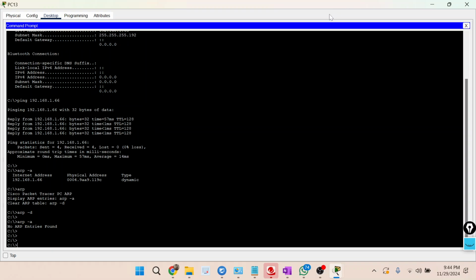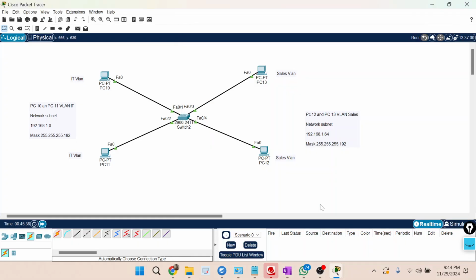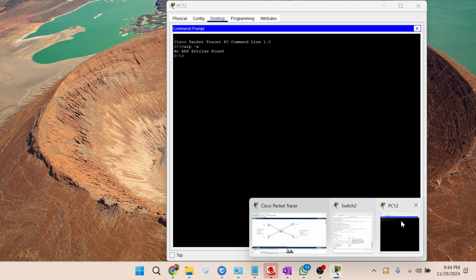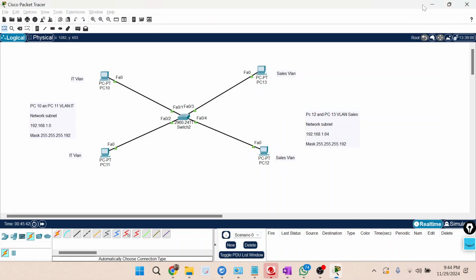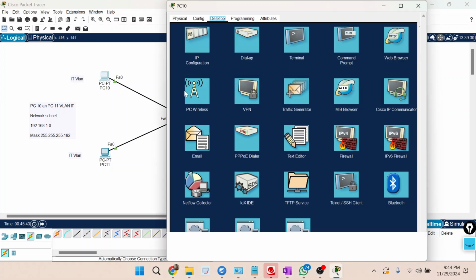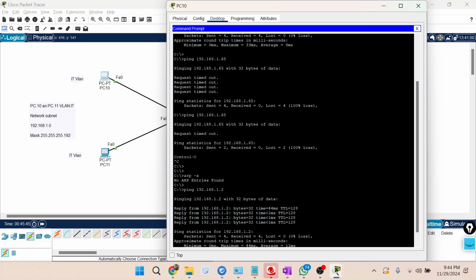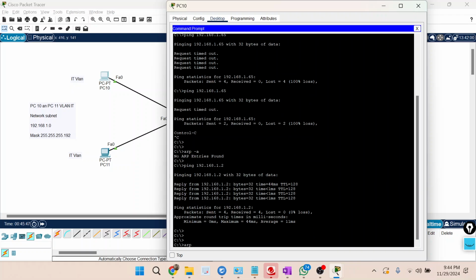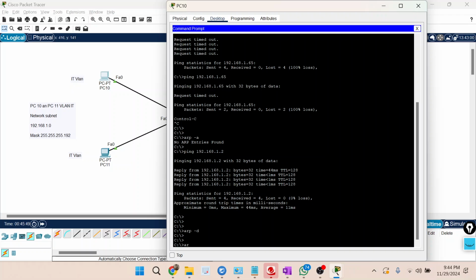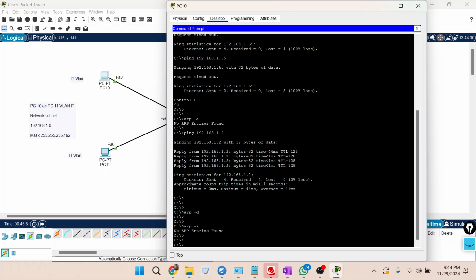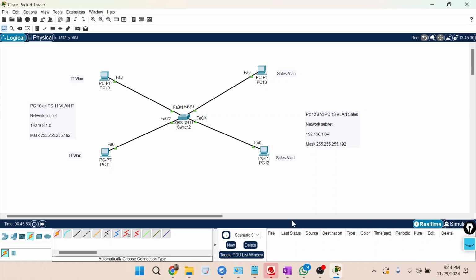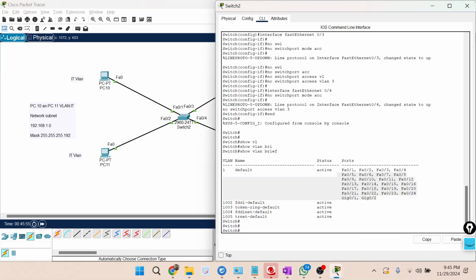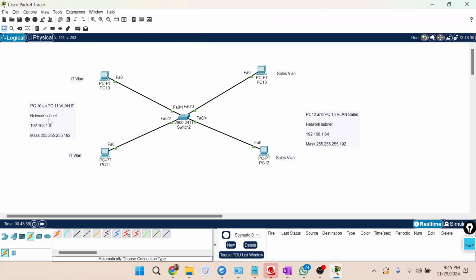There is no ARP table now, right? I'll again do it for PC1 only. arp -d, arp -a. There is no ARP table. Again, let me go to simulation. This time I don't have any VLANs. If you see, only one VLAN is there, but still it is divided by layer 3, right?